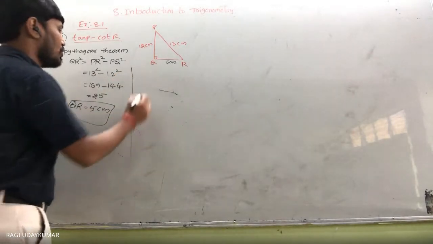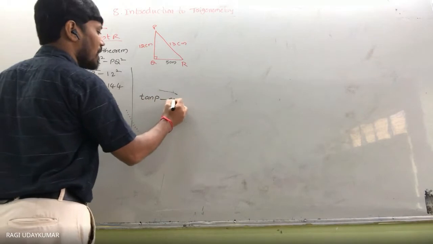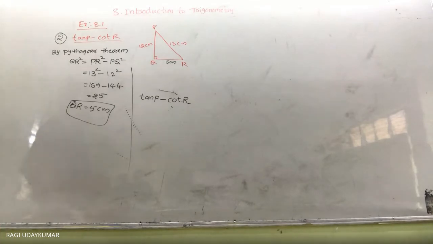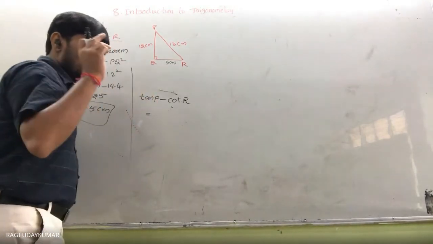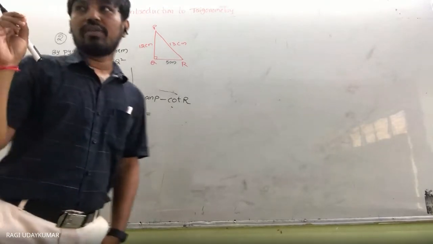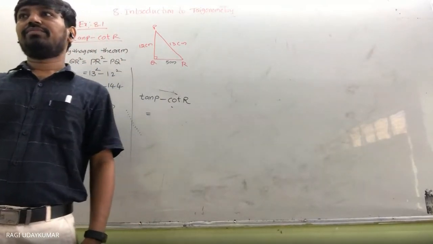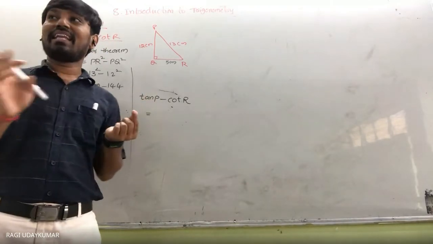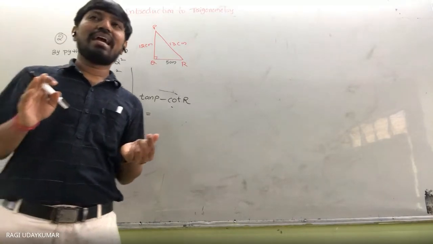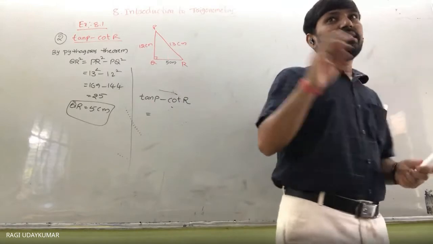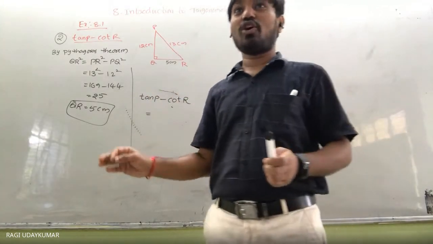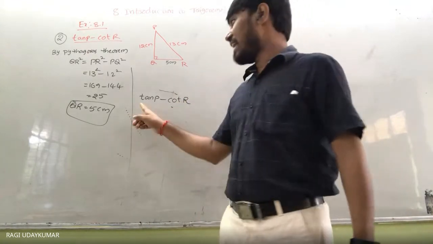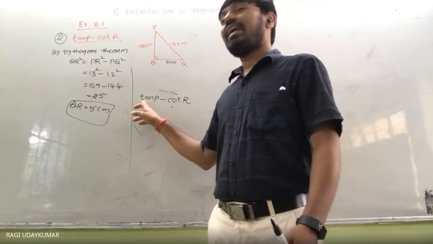Now, what is required to us to find out here? Tan P minus cot R. Okay. So whenever you are writing tan P minus cot R, one thing you observe is that whenever you write trigonometric ratios, you should not write the first letter as a capital letter. The reason behind it is there. Whenever you take ratios, you see in your textbook also, and normally anywhere else, most of the students make this mistake. This point also you need to concentrate on. Tan should never be written with a capital letter because we are taking ratios.